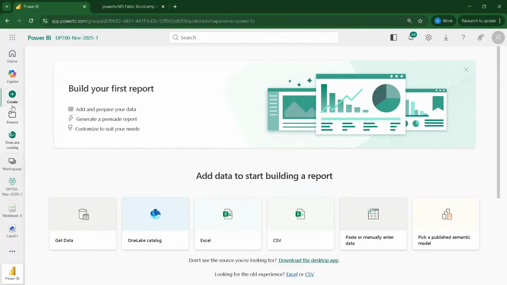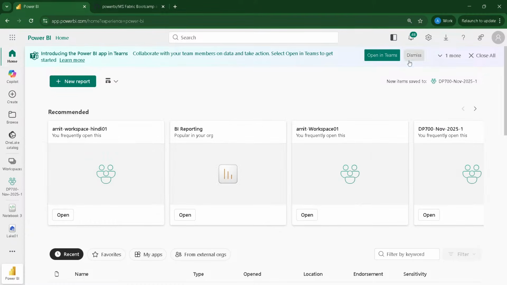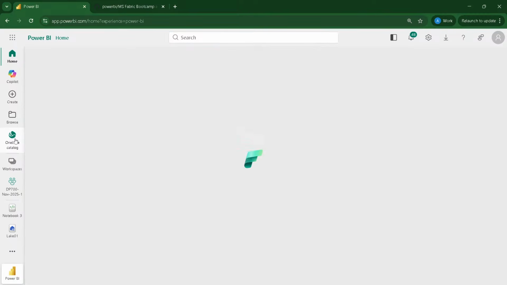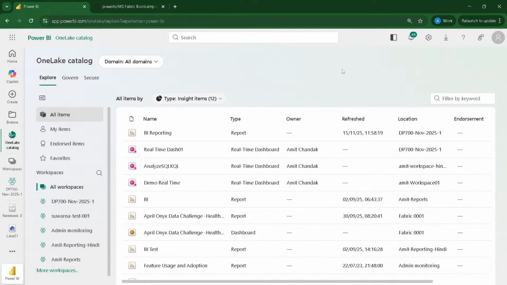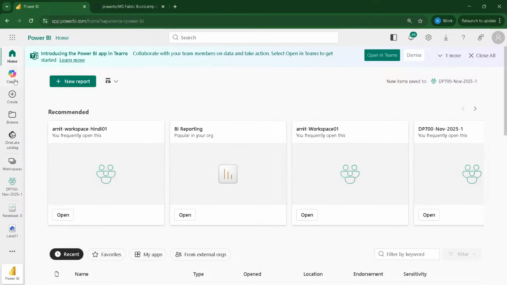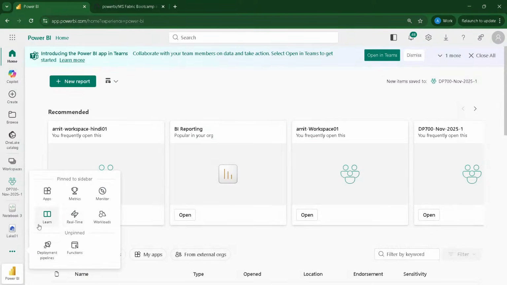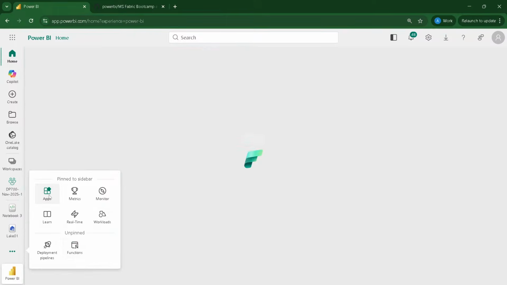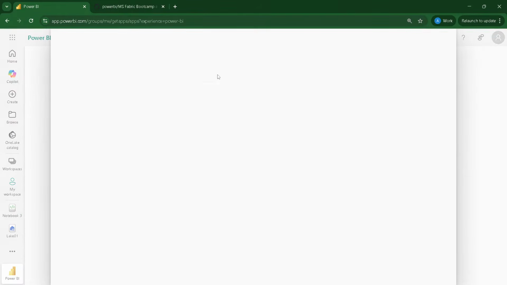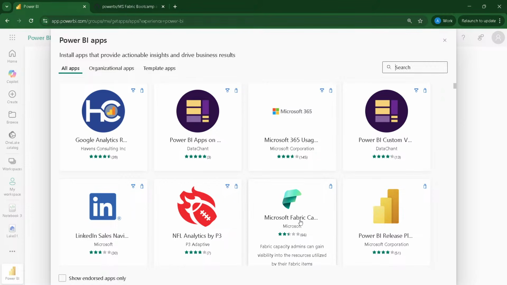So if you go to the apps home tab, usually we have the app itself here. You go to apps, then you will see get apps, and then Fabric.